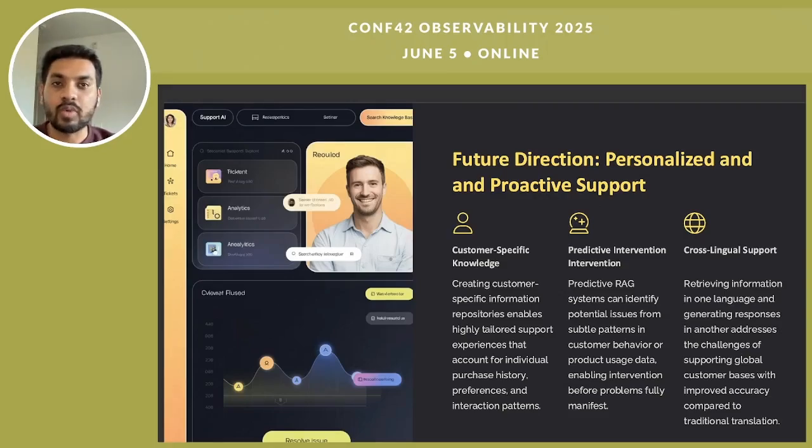Along with that, since the models are connected with live data, even if, let's say, a bot has been trained or embedded with one language, since it can always retrieve new information, it is possible to have the bot respond in any other language as per the user's need, which makes it perfect for an organization which has a global presence and a customer base spread across the globe.